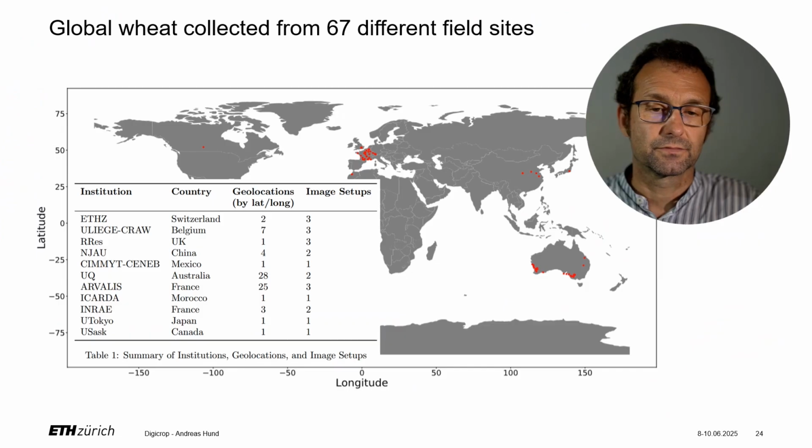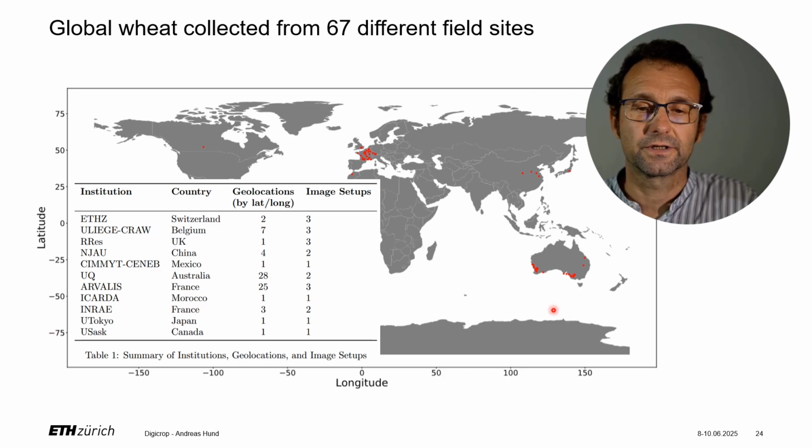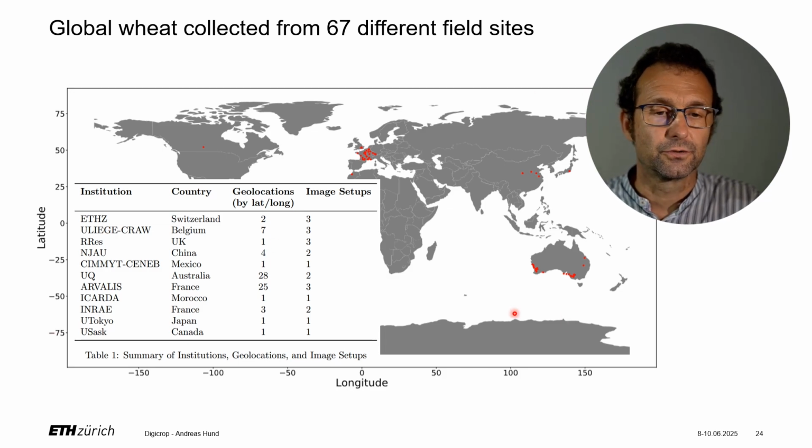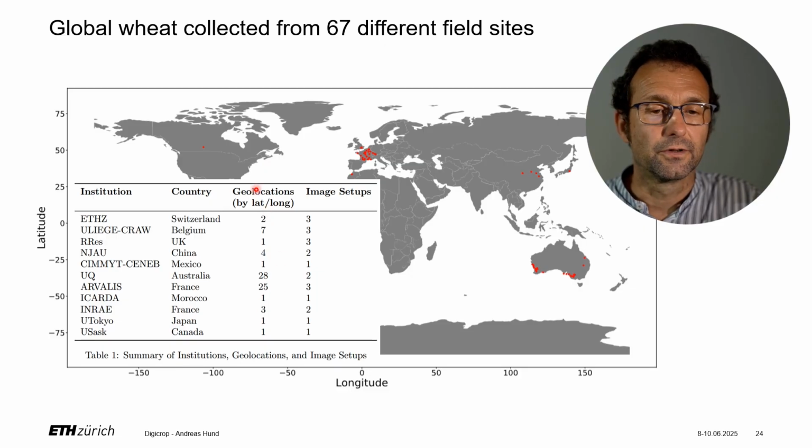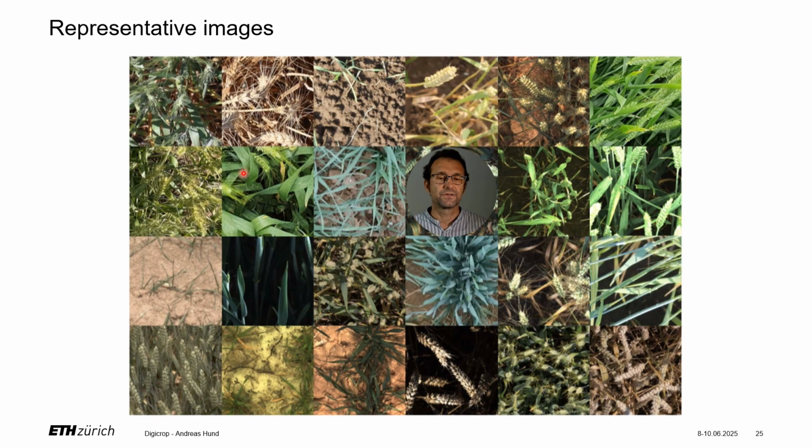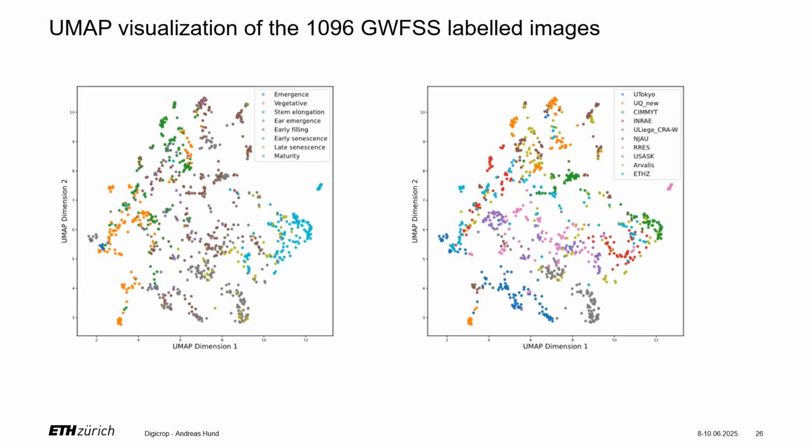images. That was a large consortium of 11 institutions gathered from around the world, with a total of more than 60 field experiments, and you can see here quite a large diversity of images which we collected. The diversity of these images, which we then annotated, 1,096 images, is summarized in this UMAP,